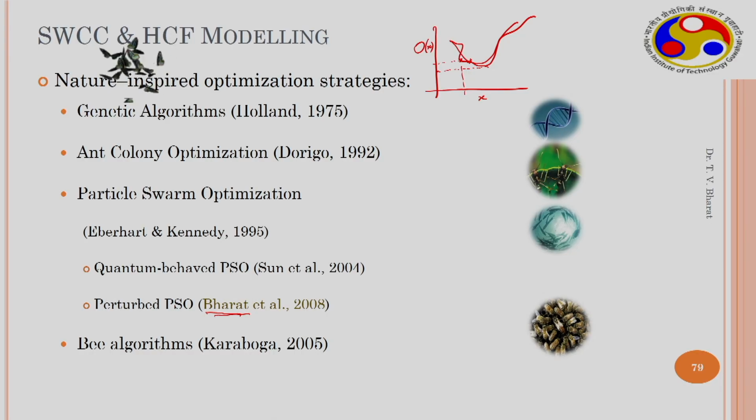Only a very limited number of algorithms are listed here, but there may be an enormous number based on observations in nature. For example, if I describe ant colony, the way the ants move from their colony to the food sources by optimizing the path between the colony and the food source is one of the inspirations for building an optimization algorithm. There is an optimization involved in the social behavior of ants, and based on that the algorithms were built.